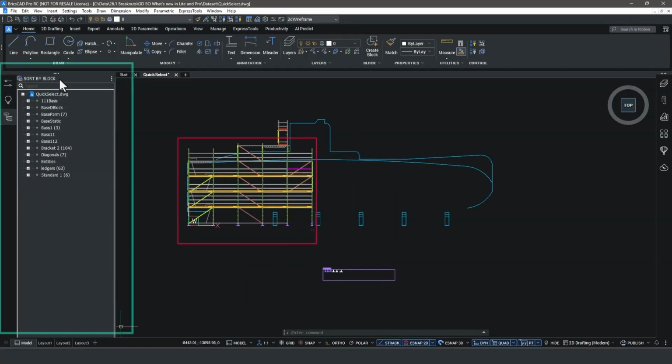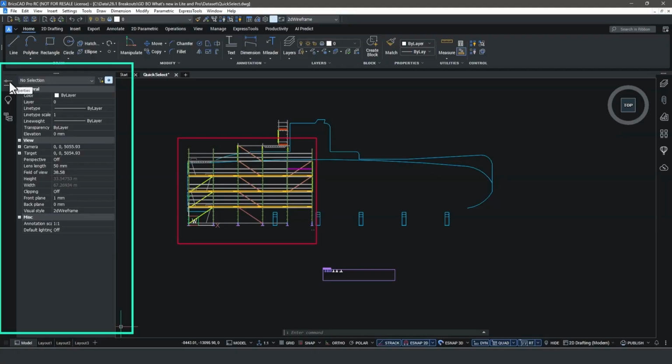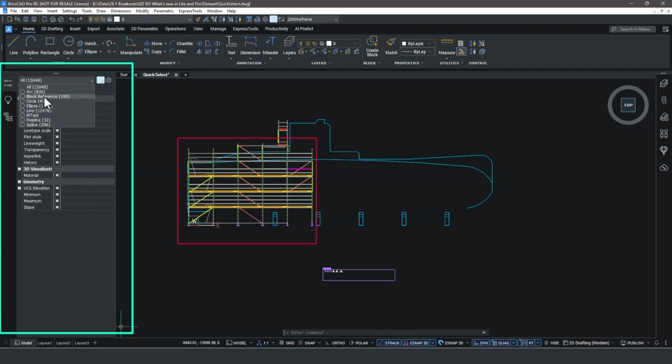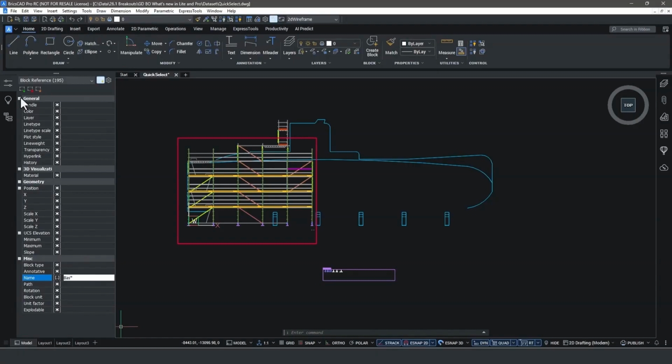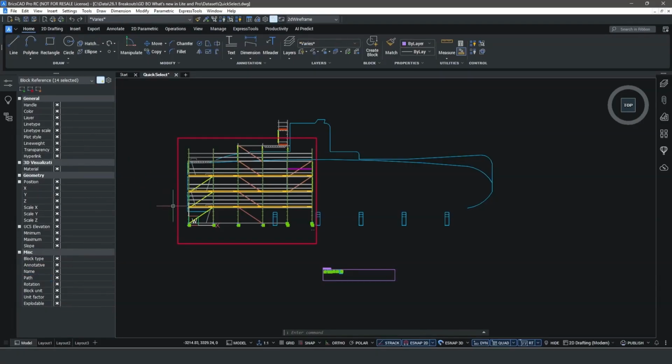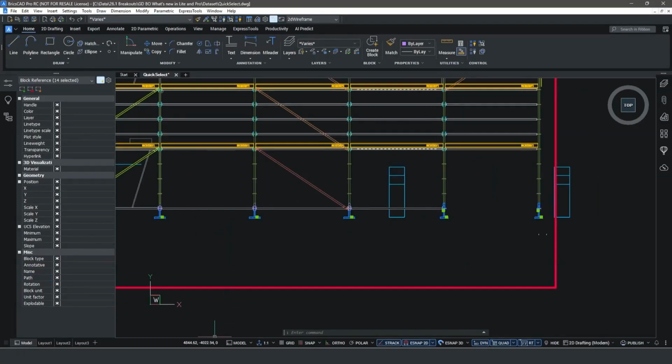With the structure browser sorted by block name, we see that there are several block names starting with BAS. Thanks to improved filtering in QSelect, you can now use wildcards in plain text properties. This means you can easily search for all those block names that start with the letters BAS. Simply select the wildcard match operator and enter your search criteria to quickly isolate the desired blocks.